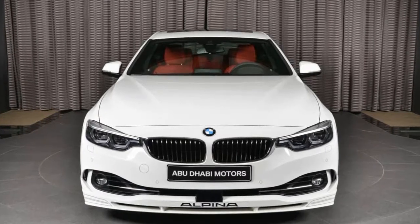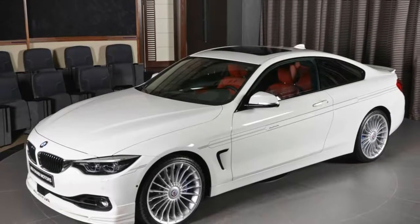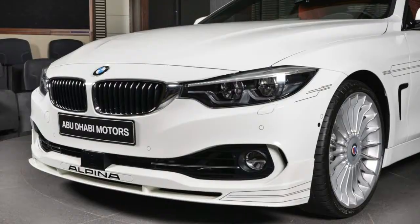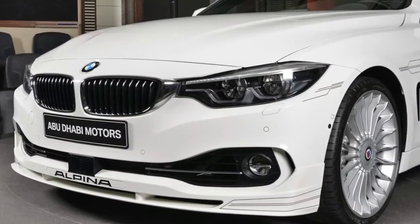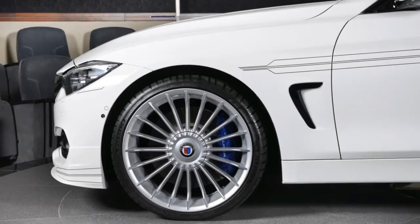Alpina B4S by Turbo makes for an elegant M4 alternative, as awesome as the BMW M4 is. If you're craving exclusivity, opting for an Alpina-tuned 4 Series should help you stand out more among the crowd. The best part is that you wouldn't be sacrificing any performance, as the B4S by Turbo puts out